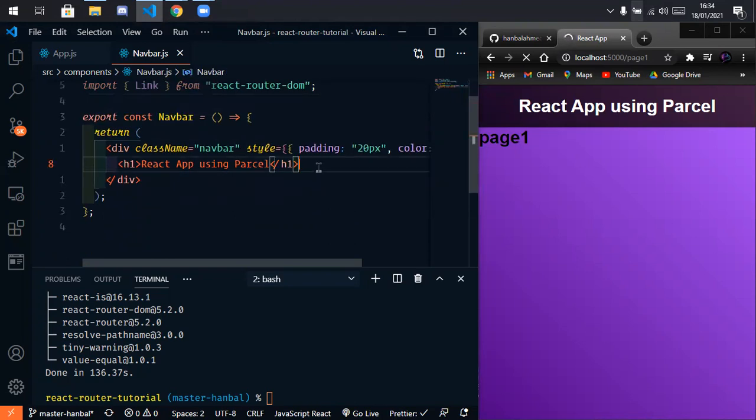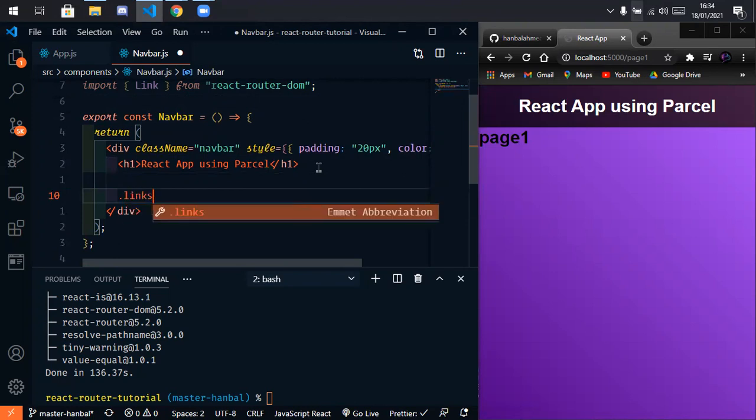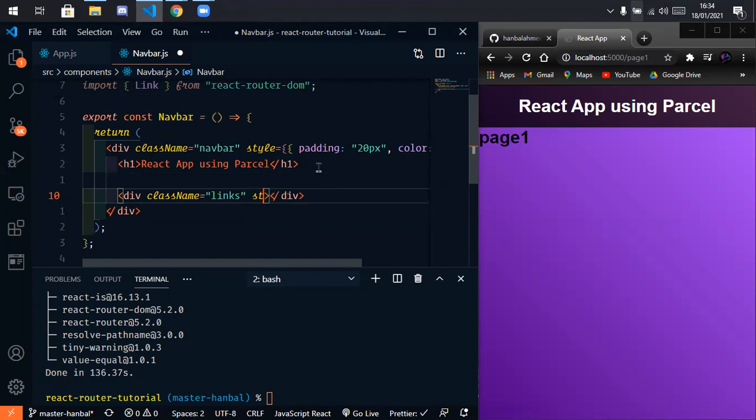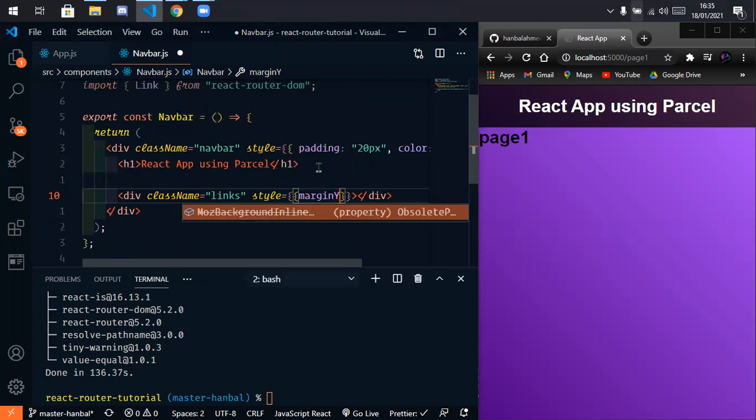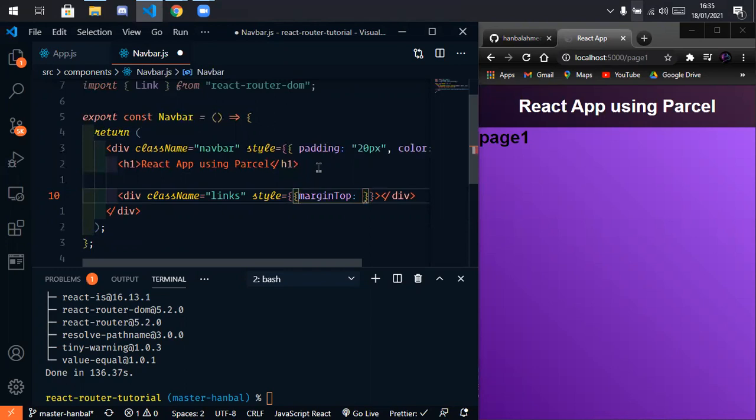So now let's create a div with the className of links, and we'll first of all give this a style of margin top of 10 pixels,